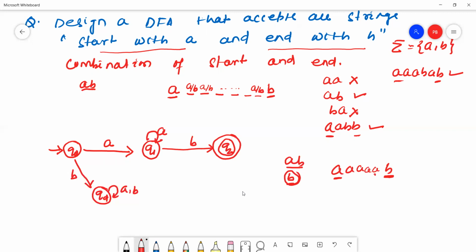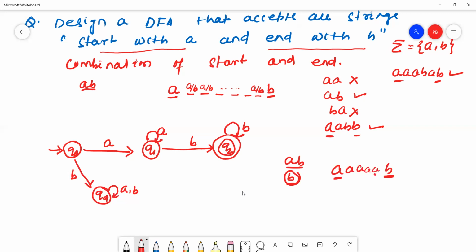Next one is the Q2 state. Can I take B on the same state, Q2? Yes. Why?